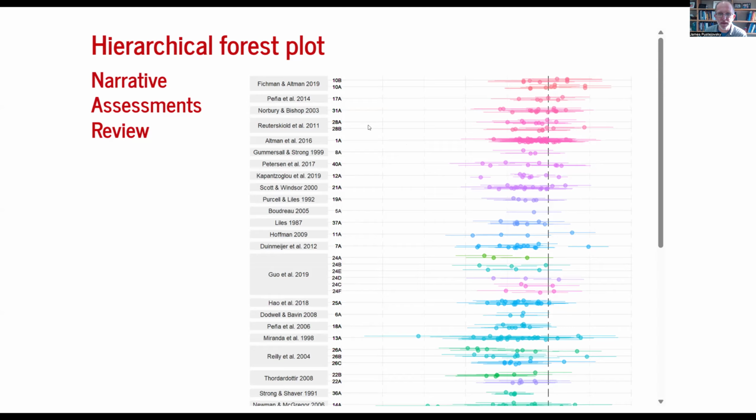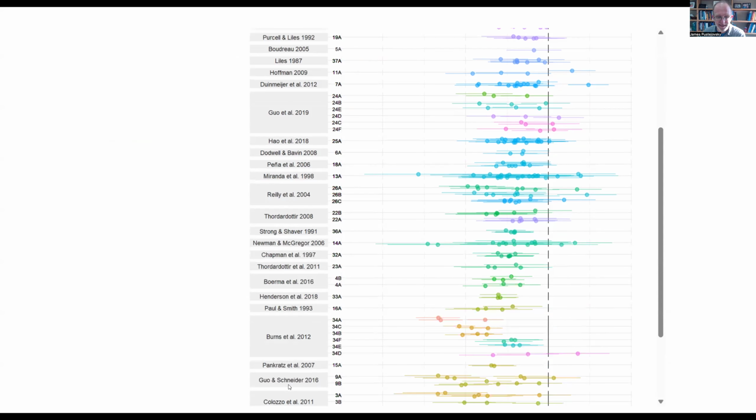So the within study variation in, say, Norbury and Bishop is the same, or we're modeling it with the same degree of variance, as the within study variation in Hoffman and the within study variation in Newman and McGregor and